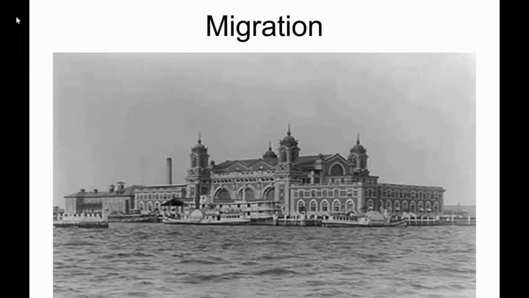Welcome to the video lecture on migration. The picture you are looking at, there's actually a couple of these, but this picture here is of Ellis Island in New York, between New York and New Jersey, actually. And this is where migrants, immigrants, would be processed when they came in from Europe mostly into the New World. So this is a building symbolic of migration.